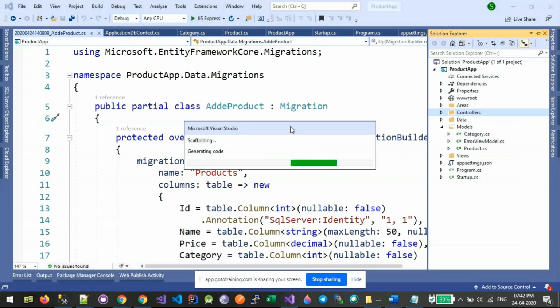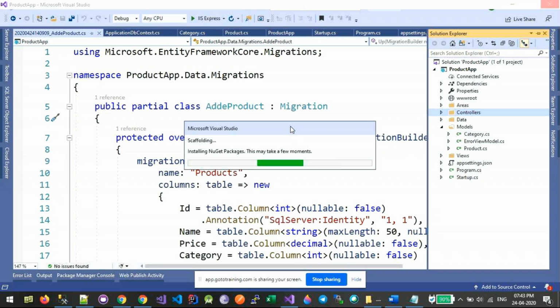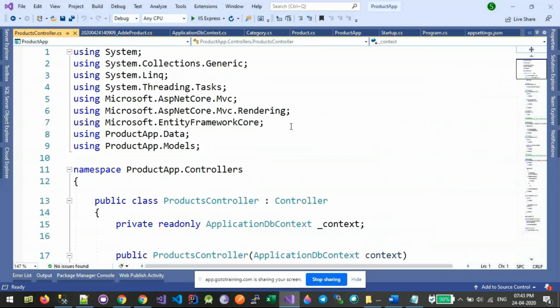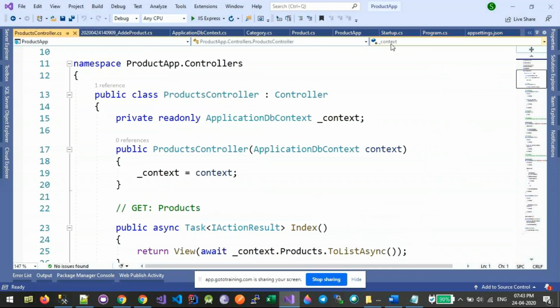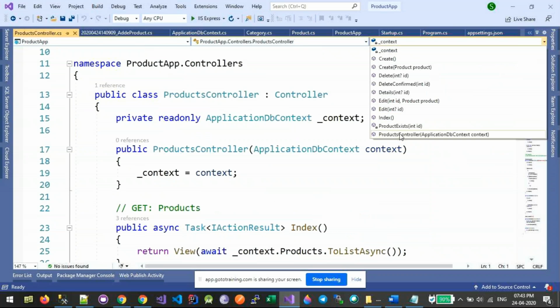Scaffolding is a technique to automatically generate all the boilerplate code that we would otherwise have to write. If you remember, to create a simple CRUD application, we would have to write so much code. But if you are using the Entity Framework code-first approach and you are using scaffolding, then you see here this class has already created all the methods for getting the list of products, creating a product, deleting a product, editing a product, and so on.